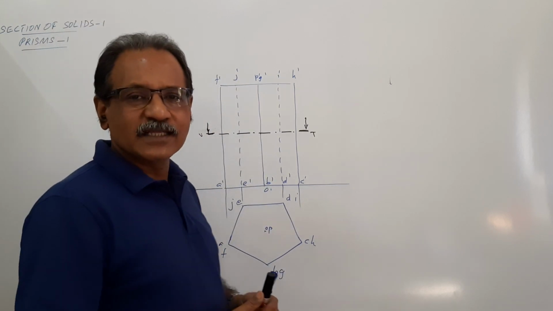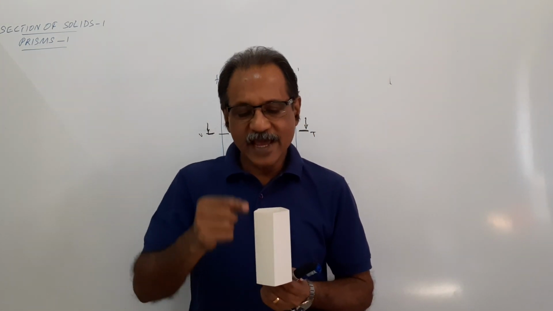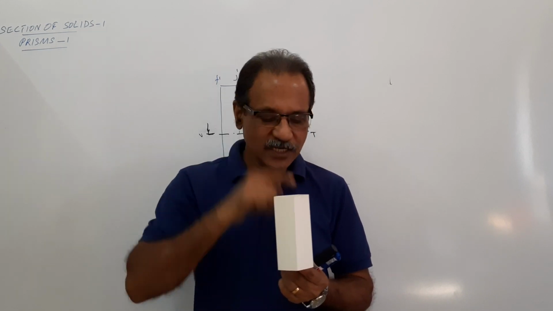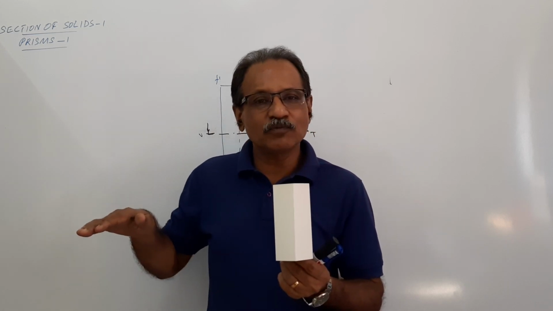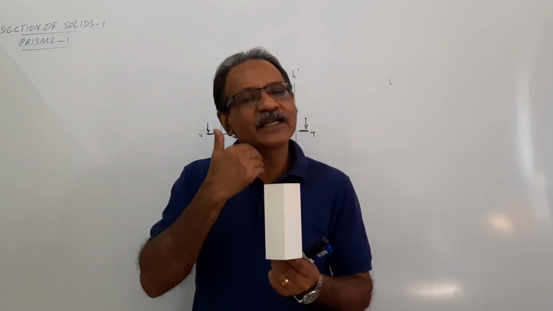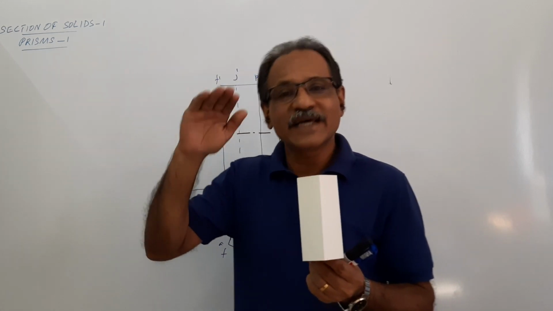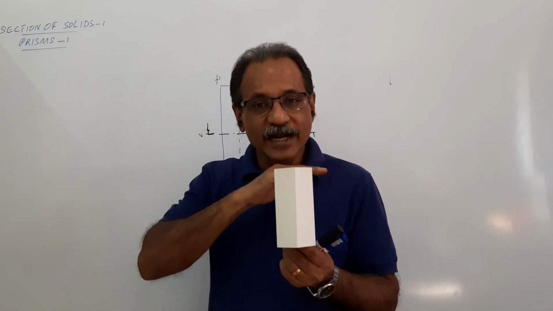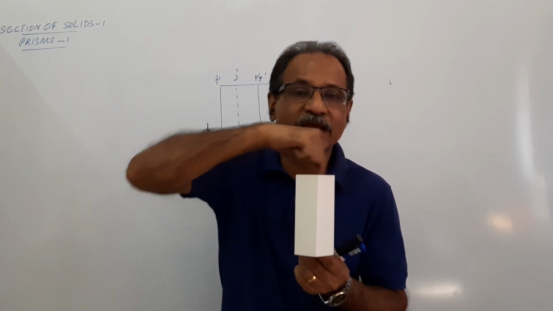How many vertical edges the prism has? The prism has 5 vertical edges. What are they? A, F, B, G, C, H, D, I and E, J. 5 vertical edges. When the cutting blade cut the object and the top is removed, how many vertical edges does it cut? It cut all the 5 vertical edges. You have to mark the points where the cutting blade cut the vertical edges in an order around the body.